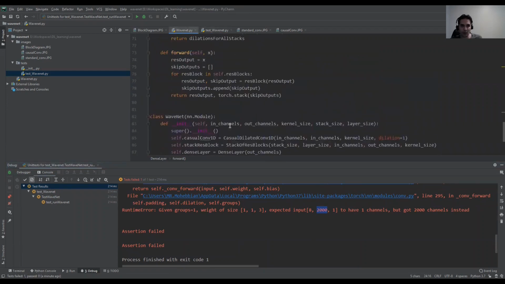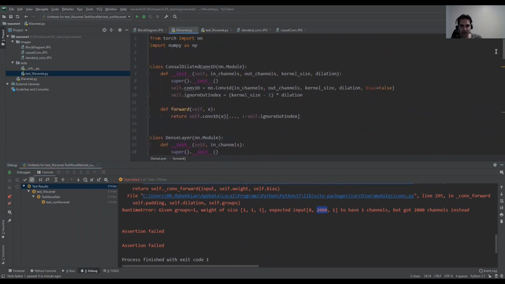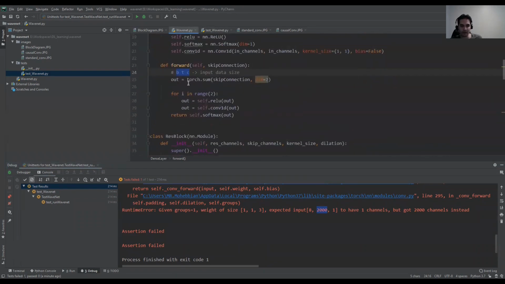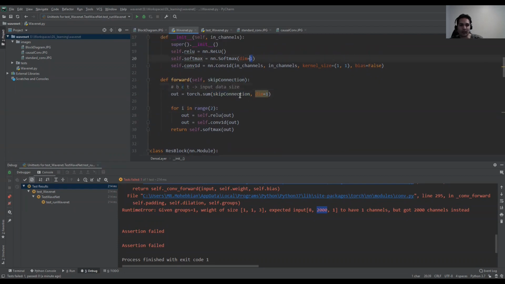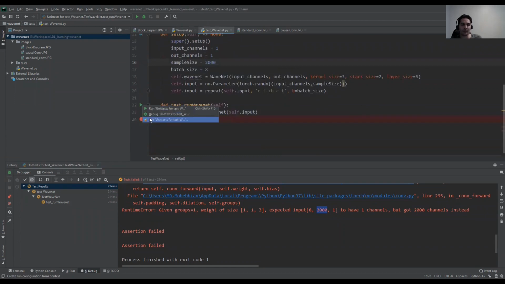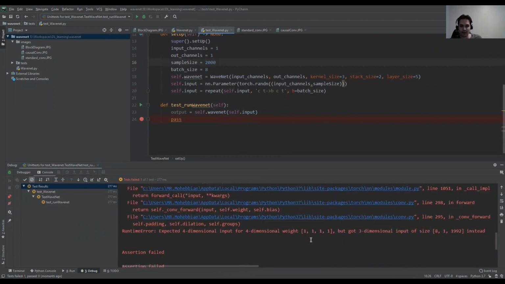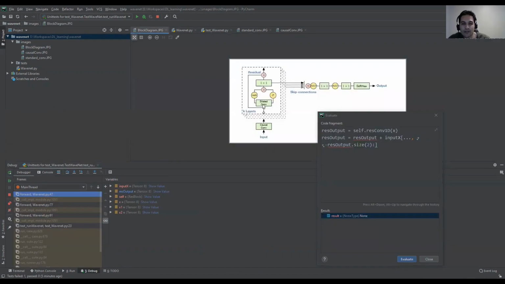So we need to change the WaveNet because what we were supposing is different. We are getting the C and after that the T. So when we want to do a skip connection, we have to run it on channels, and when we want to do softmax, we need to apply it on dimension 2. I'm not sure about these two parameters still. So it said got 3 dimensions, expected 4 dimensions input for 4 dimensional weights. Because we have dilation here,